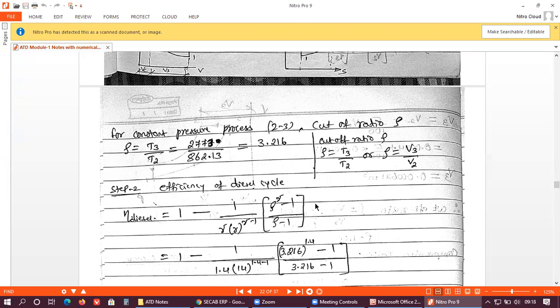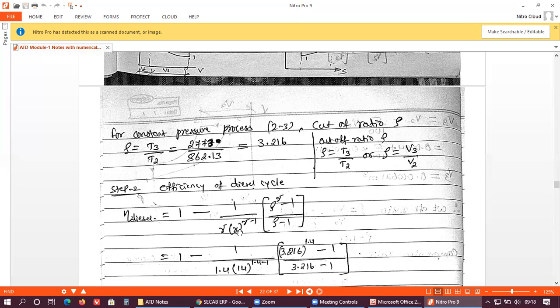So first you note down what is being asked. Accordingly you go through the unknowns, and we have to calculate them one by one. So it will only come by practice. For this subject, you have to practice more so that you can easily understand the concept. Okay, so this is the expression for the efficiency of the diesel cycle.